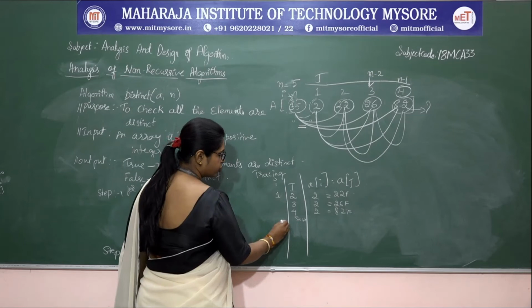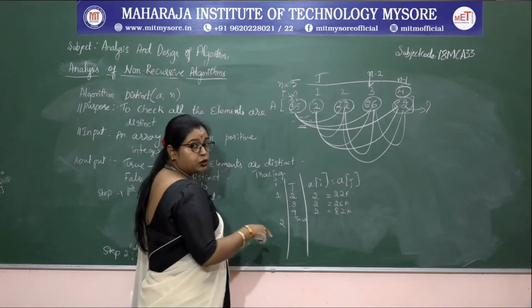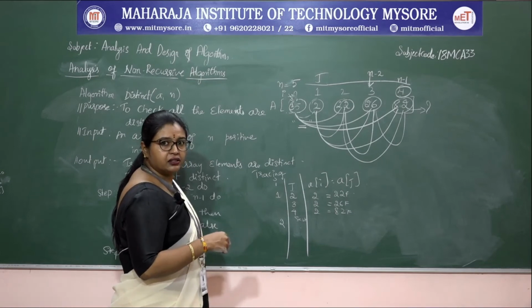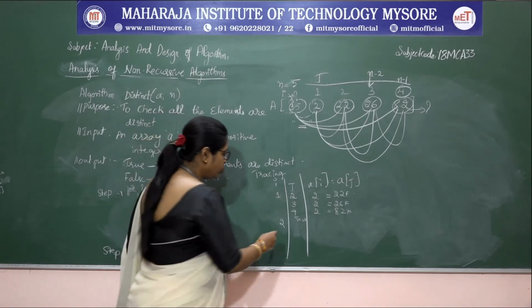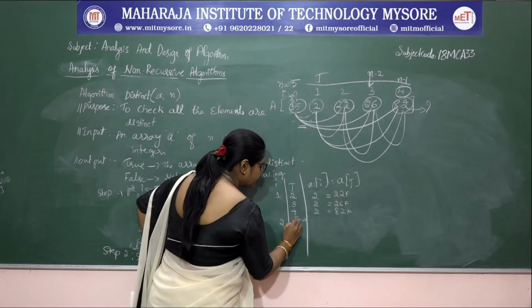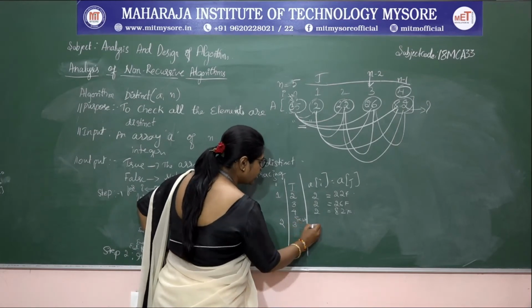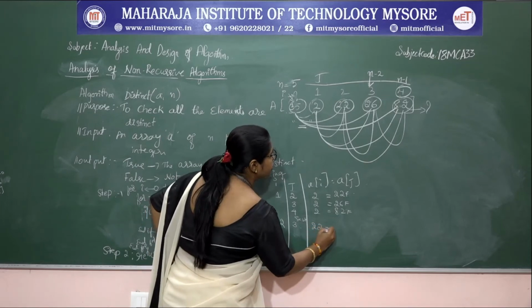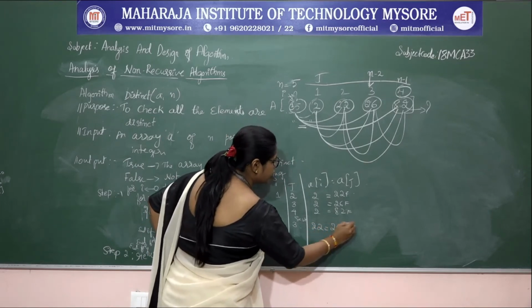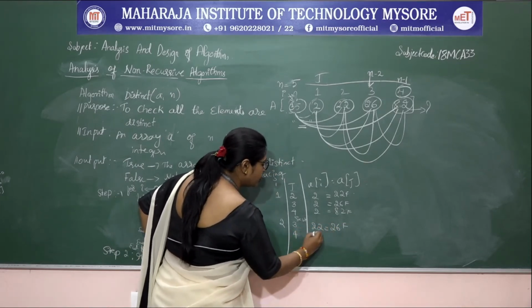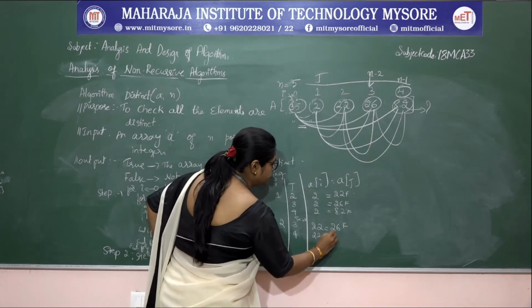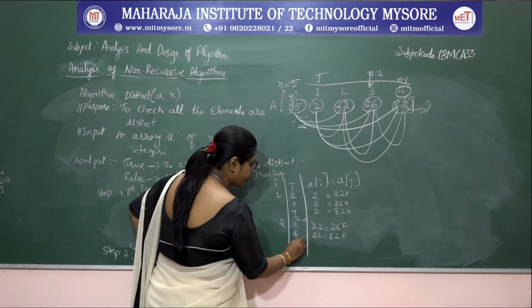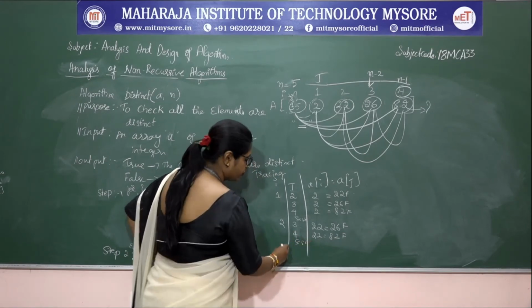In the i loop it is going to increment the i value to 2. 2 less than 4, definitely this is going to work. So now j gets incremented to 3. In the second position we have 22 is equal to, in the third position we have 26. Again it is false. j gets incremented to 4, 22 is equal to 82, false. 5 less than 5 is false. It will come out of the loop.